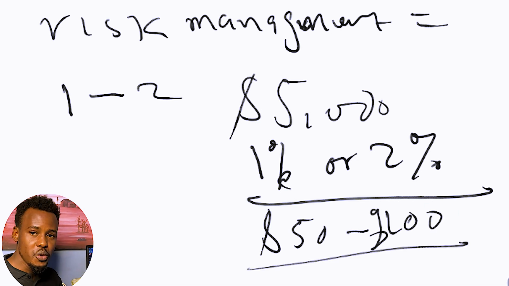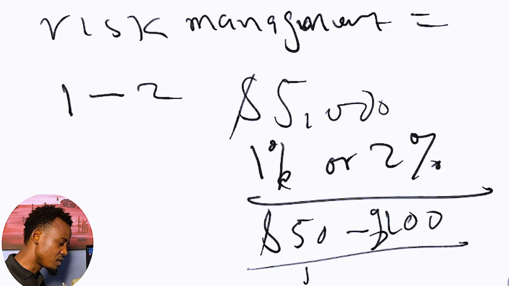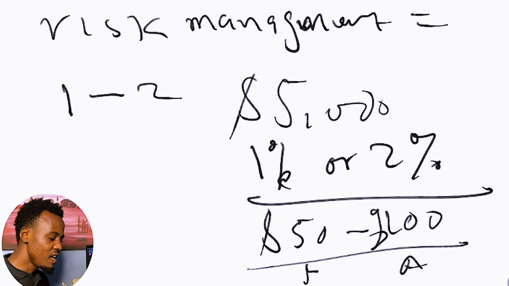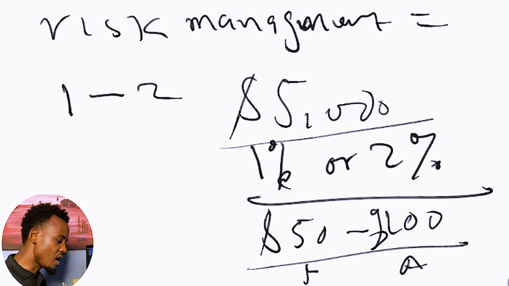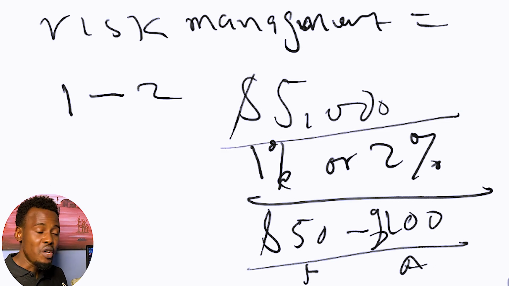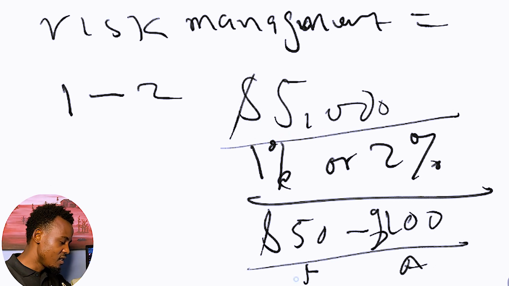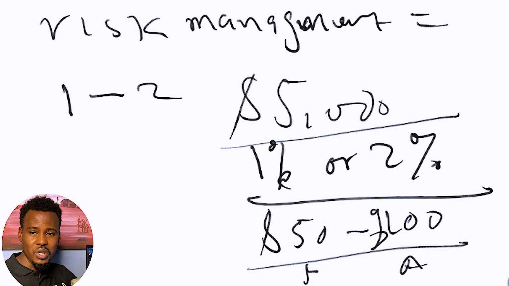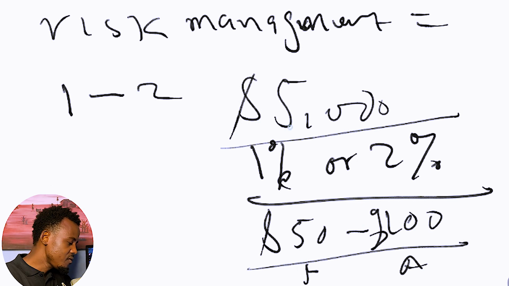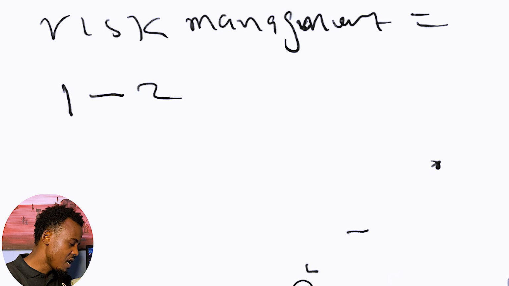So imagine you are risking $50 to possibly $100 in a $5,000 account. That will make you stay in the markets for a very long time. Before you exhaust these $50, $100, $50, $100, you will definitely win a trade that will possibly go your way. So now, for instance, you have an account of $10,000.